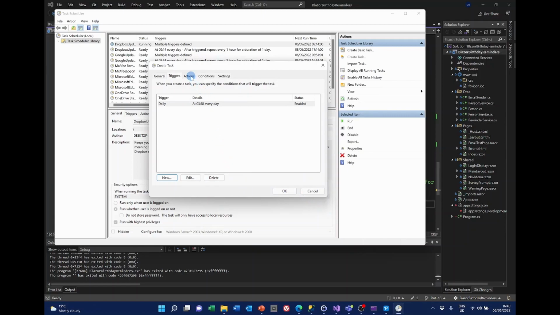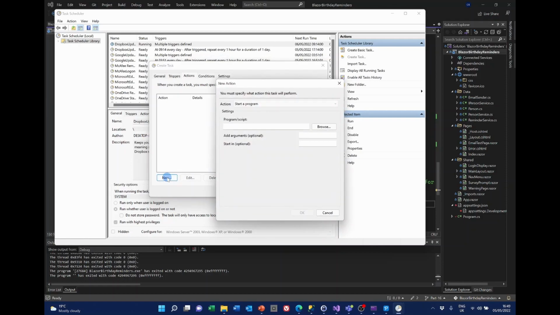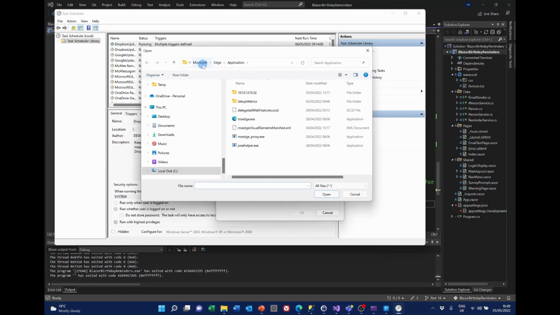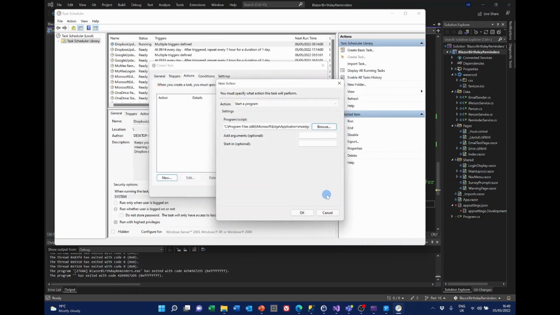And we want an action. Now for action, we want to start something like Microsoft Edge or Google Chrome. So I'll browse for the program, and Microsoft Edge is the one I'm going to choose. It happens to be in C:\Program Files (x86)\Microsoft\Edge\Application. Click OK on that, and we want to put an argument here, and that's going to be the web address of our application. So back in C#,